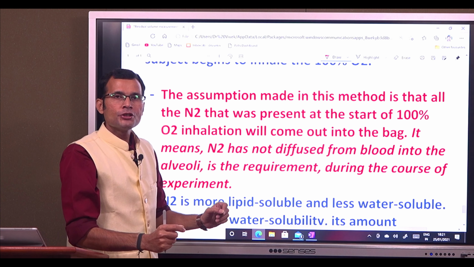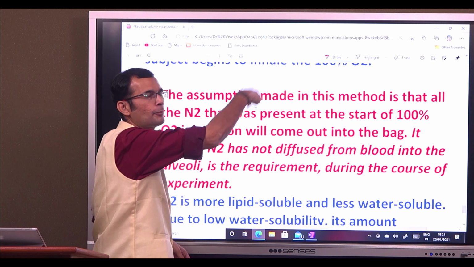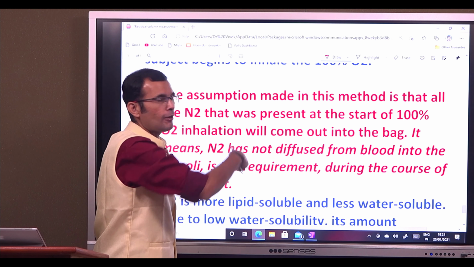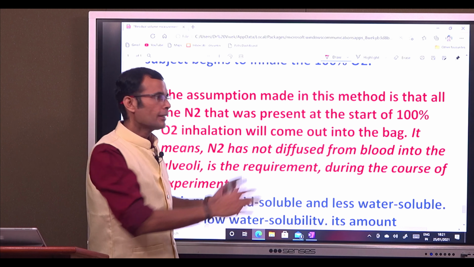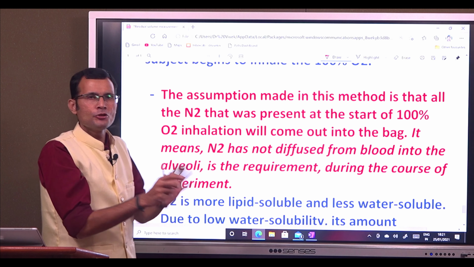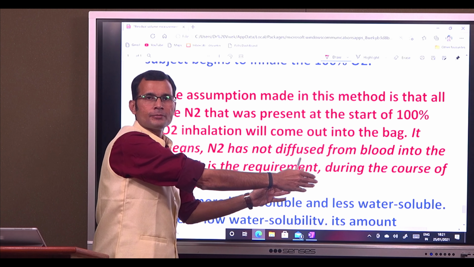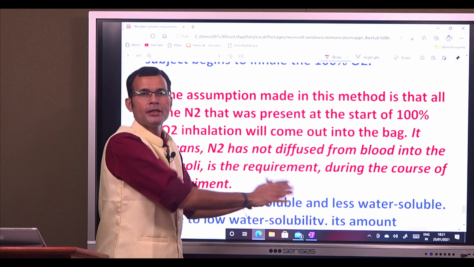At the starting point of the procedure, there is a certain volume of tea powder present in the cup, and then you start putting water. We assume that the tea powder will not come from any other source. It is the stuck tea powder which is going to come out of the cup, and we will collect it. Similarly, the nitrogen which is coming out and which we are collecting in the bag is not coming from anywhere else but the lungs. It's only coming from the lungs whose volume we are measuring.